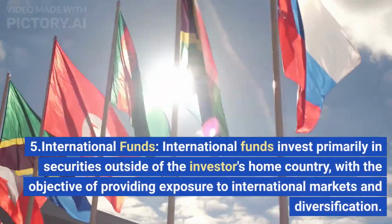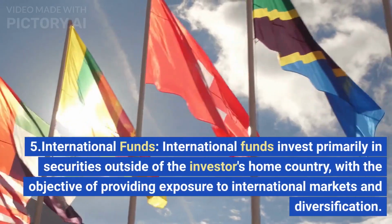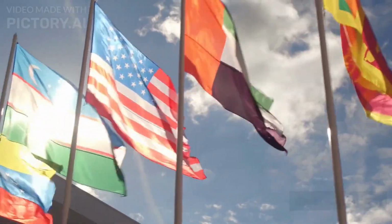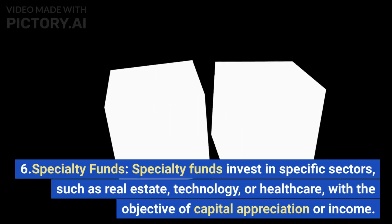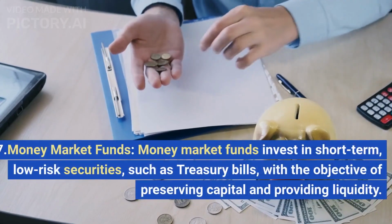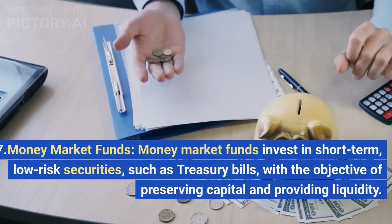5. International funds. International funds invest primarily in securities outside of the investor's home country, with the objective of providing exposure to international markets and diversification. 6. Specialty funds. Specialty funds invest in specific sectors, such as real estate, technology, or healthcare, with the objective of capital appreciation or income. 7. Money market funds. Money market funds invest in short-term, low-risk securities, such as treasury bills, with the objective of preserving